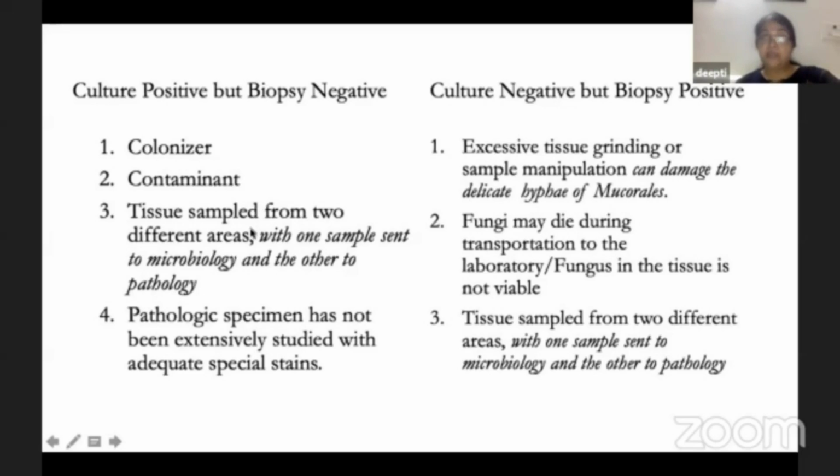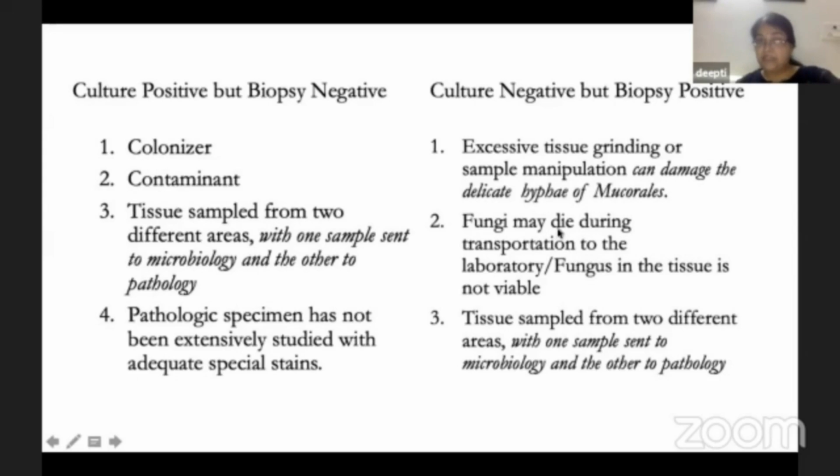Now, what to expect from a pathologist? The pathologist should give a description of the fungal morphology and the amount of fungal elements which are seen. Whether the fungus is invading the tissue and the vessels should be noted. Finally, the pathologist should comment on the differential diagnosis. Or the fungi may die if you don't pay attention to whatever Dr. Moria has told just now, and that you have not taken proper precaution during transportation.